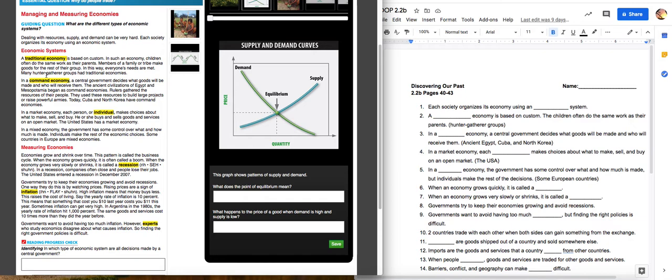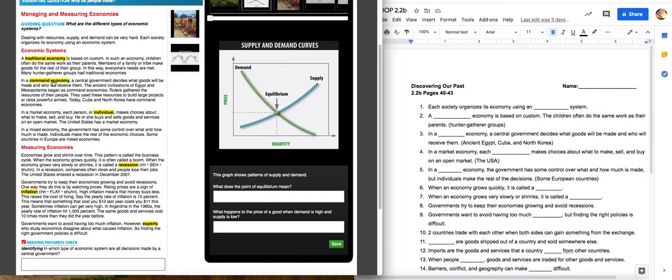Guys, my parents were both teachers, and now I'm a teacher. That doesn't mean America has a traditional economy. A lot of people in America will do what their parents did because that's what they see, and they go, man, my parents look like they had a good time and they had a nice life, so I want to do the same thing. Traditional means you don't really have a choice. Joseph was a carpenter, and we all believe Joseph taught Jesus to be a carpenter. Those were the traditional economy. So in ancient times, it's traditional. Today, I can't think of countries in the world that are still traditional as far as I'm going to do a job and supply for my community or group that way.